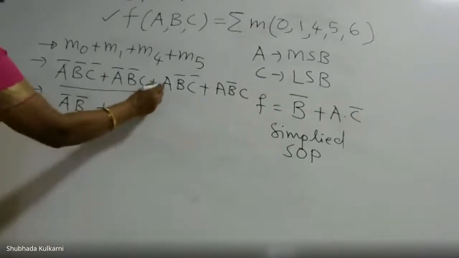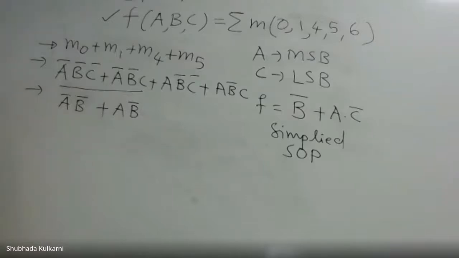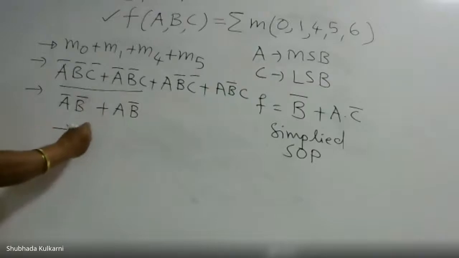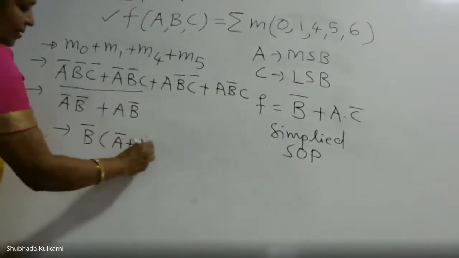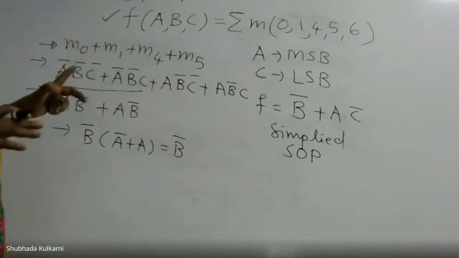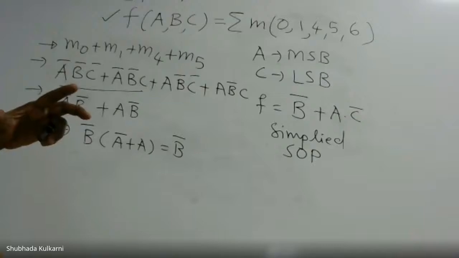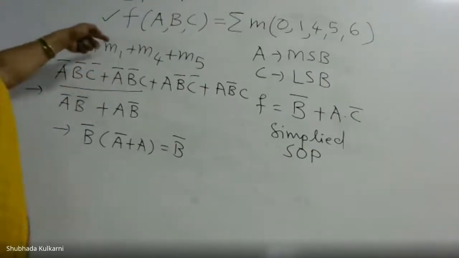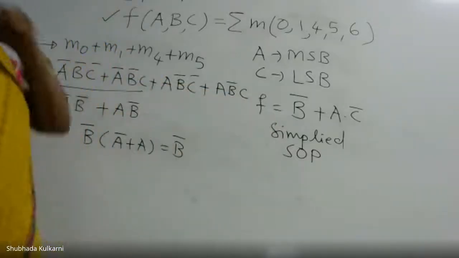Plus here A, B bar is common in bracket again C bar plus C, and that will be 1. So this will be it. Again you can see here B bar in bracket it is A bar plus A, which is 1. So this is equal to B bar. M6, no, I just showed that for the chord. This is the simplification I did for which group? Chord. Okay? Means this complete procedure is avoided to get B bar.